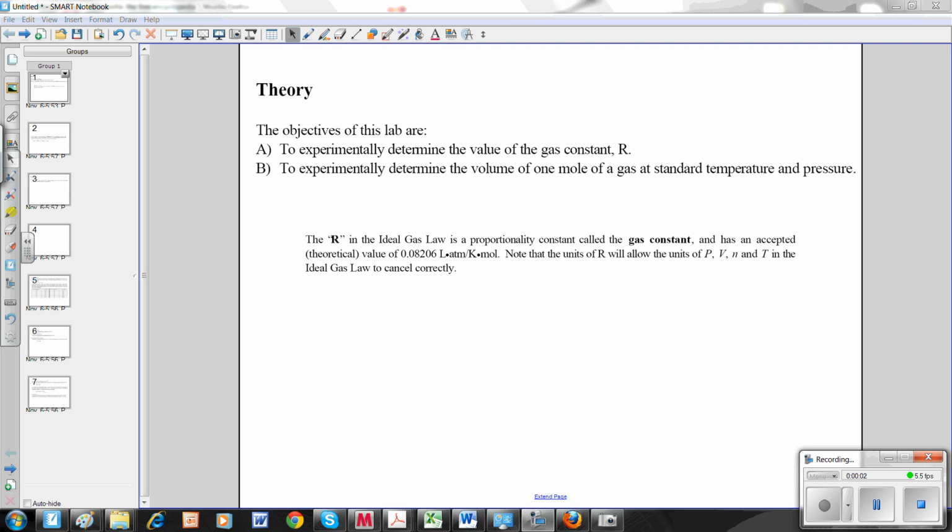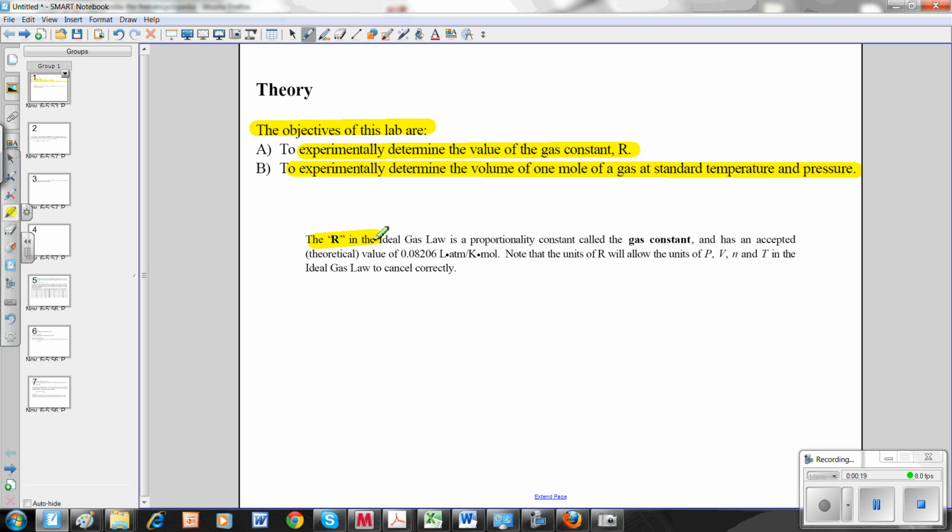Alright, so you have to do the gas lab calculations. Here's the way it works. First of all, the objectives for the lab, we wanted to do two things. Based on our experiments, we wanted to be able to determine the value of the gas constant R. The other thing is we wanted to determine the volume of 1 mole of gas at STP, standard temperature and